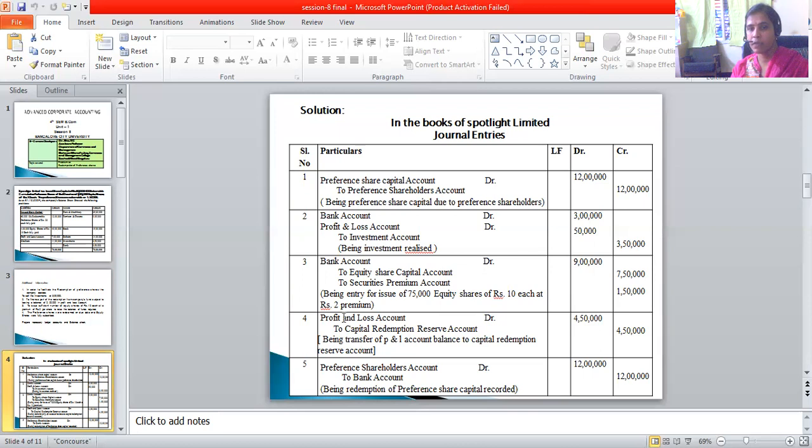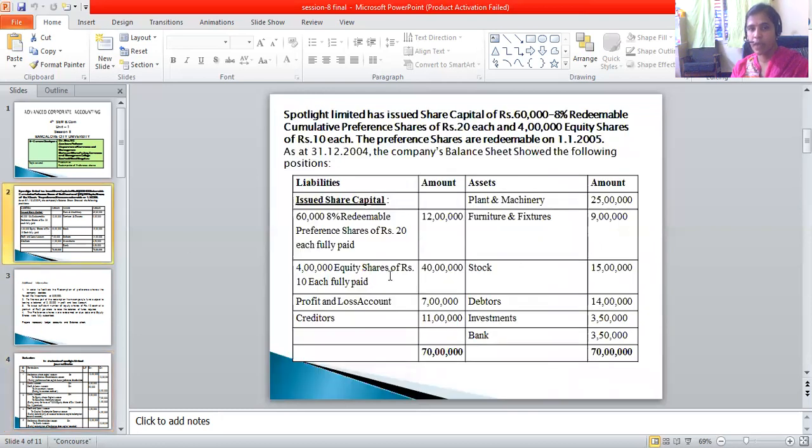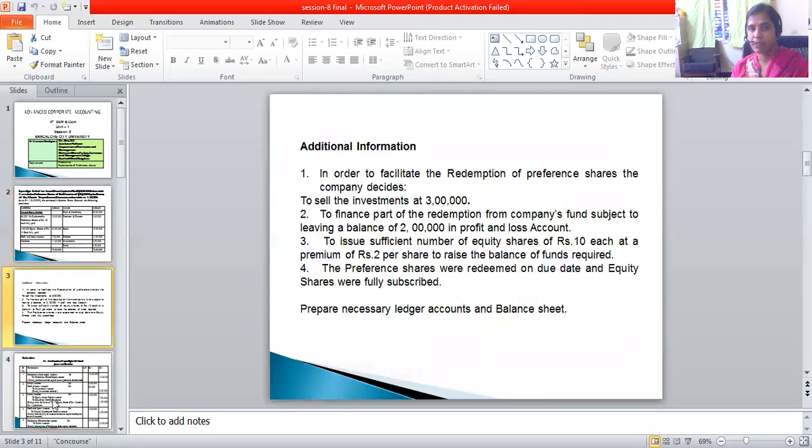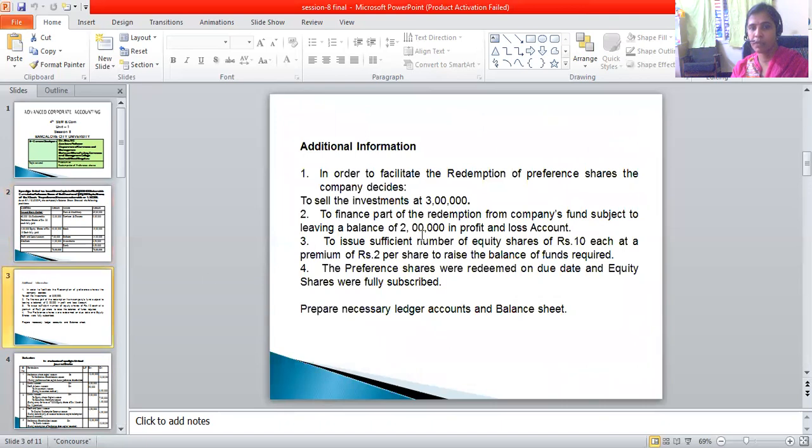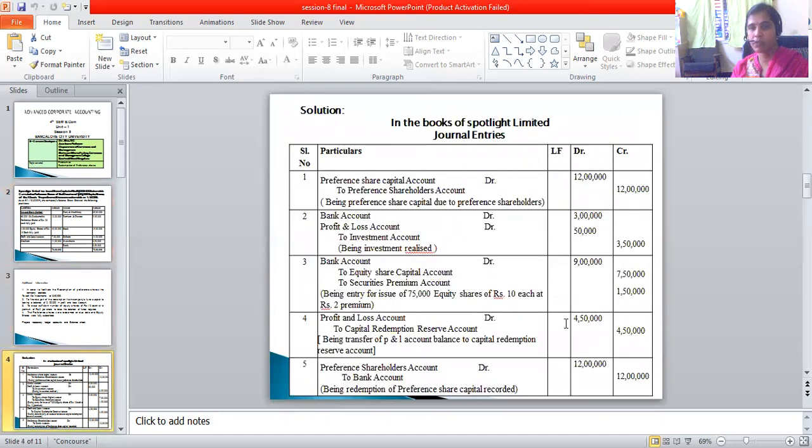So here the profit and loss account is debited to capital redemption reserve. So already you have a loss of 50,000. So here we had 7 lakhs. 7 lakhs minus 50,000 is 6,50,000. So here the organization wants to maintain 2 lakhs. So 4,50,000 is what we are having. So here 4,50,000 is transferred to the capital redemption reserve, which is used for the redemption of preference